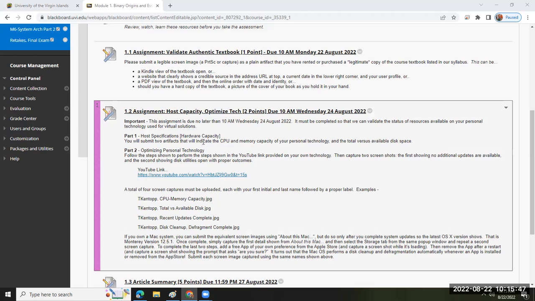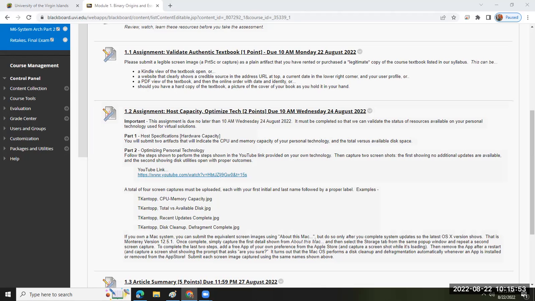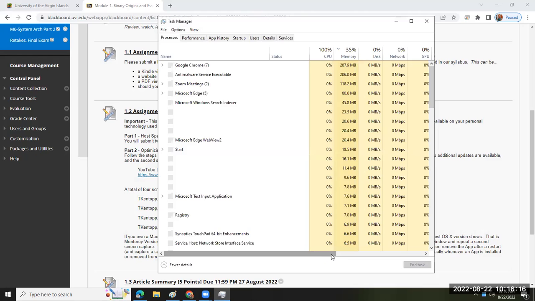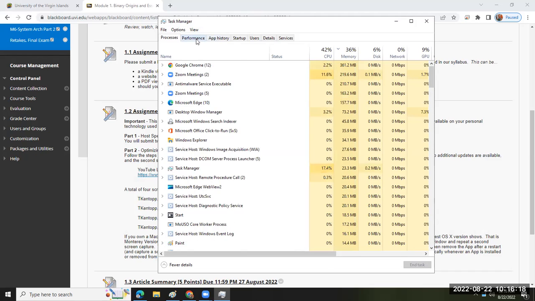As far as the host specifications, you're simply grabbing the views of the task manager, right? So if you click on the task bar at the bottom, everybody sees my mouse moving, yes? Yes. And then I use my right mouse button instead of my left mouse button. A context menu appears and I select Task Manager. And then if I go to the performance